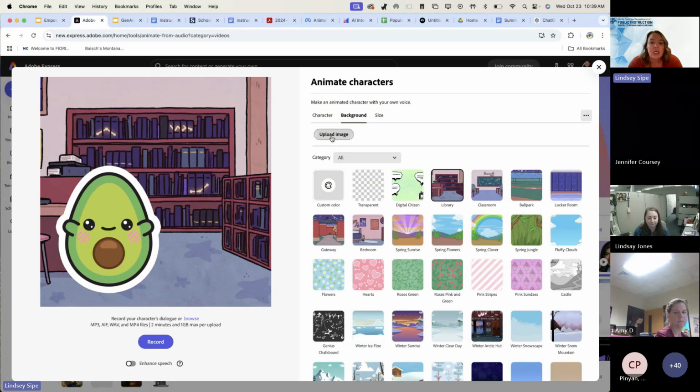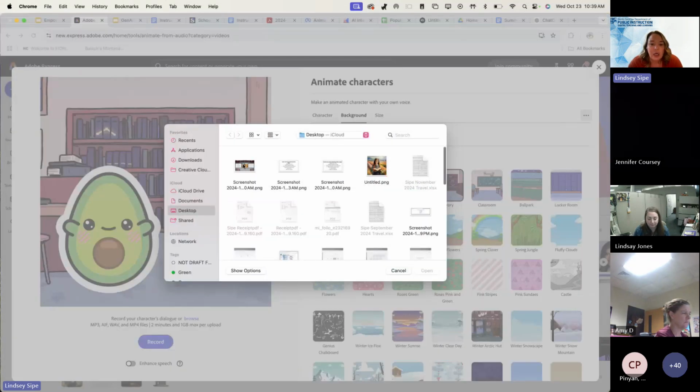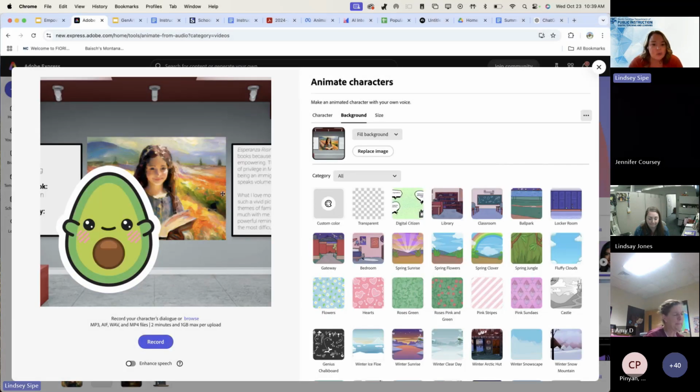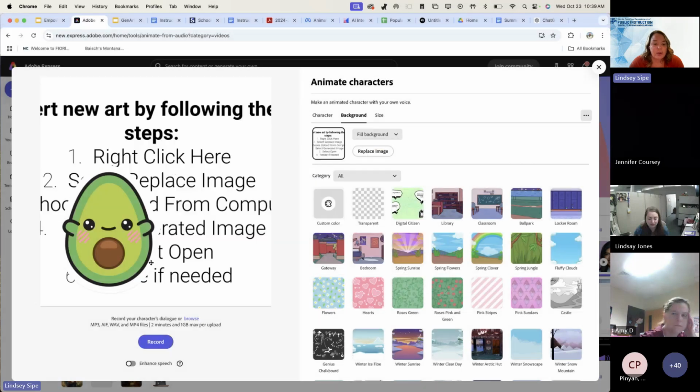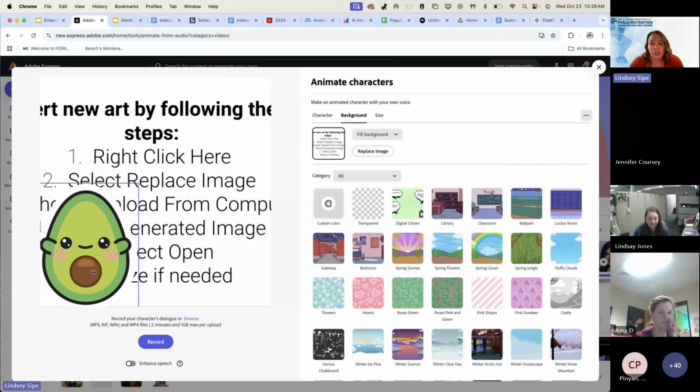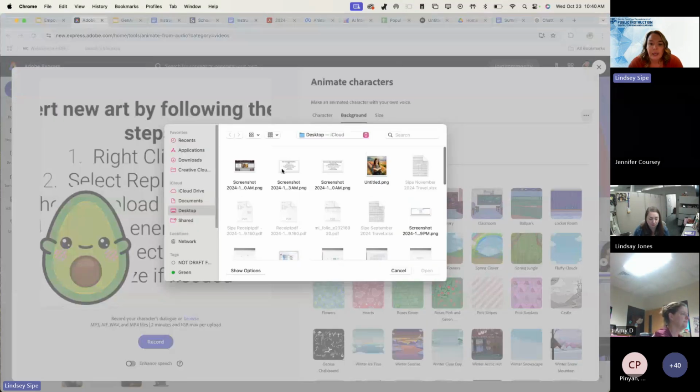Again, if you have a presentation where you have a screenshot, you can upload your own background as well. So like this is a feature, this is a part of a presentation. We're going to look at it in just a second. And I was able to just drop that in. So you can drop in your rules, and then you can be the little voice talking over top of them as well. Let me go back